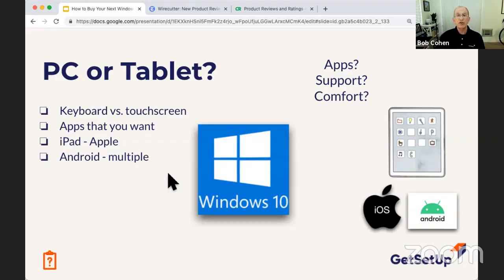So a tablet is generally considered a tablet if it runs Android or iOS. A Windows PC with a touchscreen is still running Windows 10, and there are many PCs that are just convertible. They convert from a laptop to a tablet.